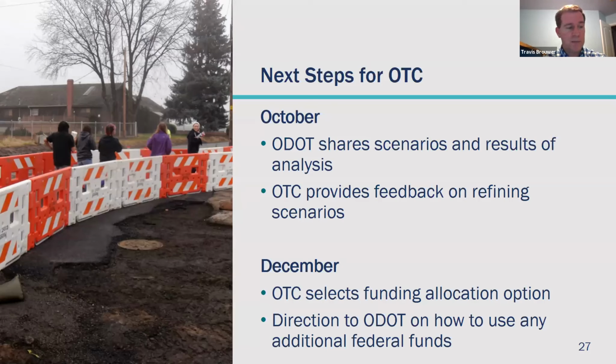In fact, the surface transportation authorization was just extended for 1 year, but it expires before the 21-24 STIP ends, in fact, 3 years before it ends. So we've had to make some assumptions about federal funding. We do that in a fairly conservative manner, and then if funding comes in over and above that, we're able to allocate those funds. We're going to be asking the commission for direction on how they would like us to consider allocating those additional federal funds should the federal government come in with more money than we have allocated in